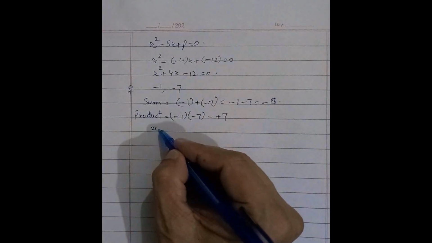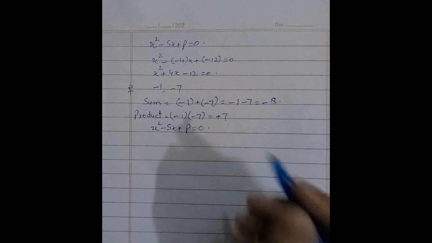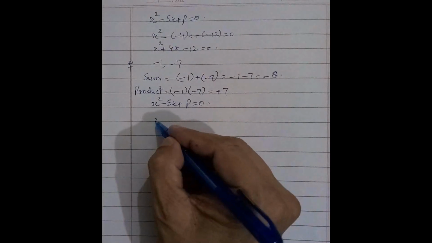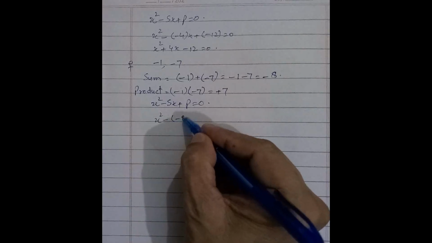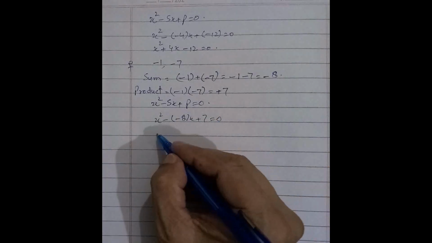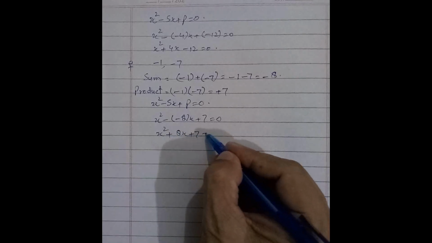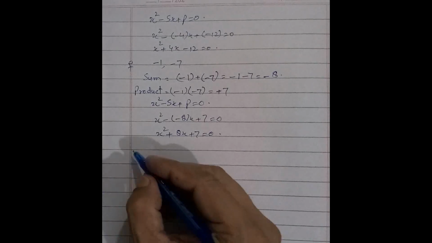And the standard equation is x square minus sx plus p is equal to 0. So we put the values of s and p, means sum and product, in the equation. We get x square minus minus 8x plus 7 is equal to 0. Then simplify it, x square plus 8x plus 7 is equal to 0 is the equation of part F. And next, G part,